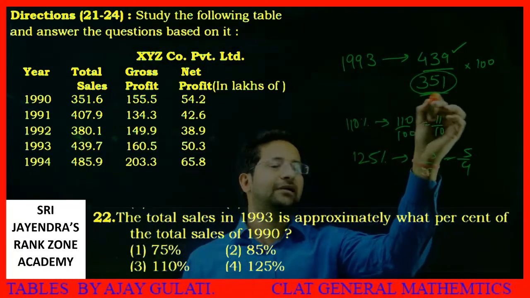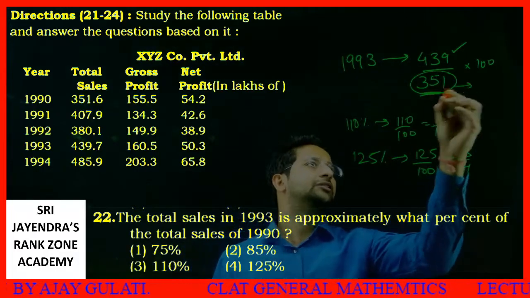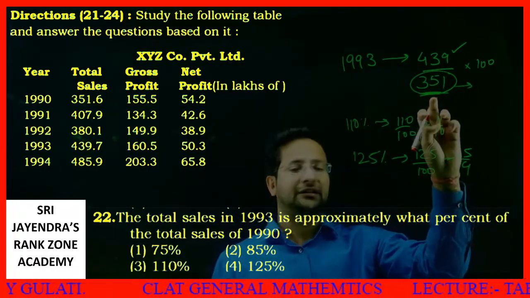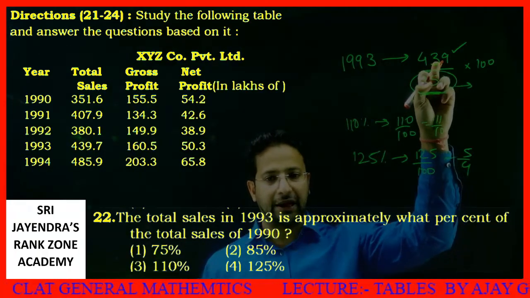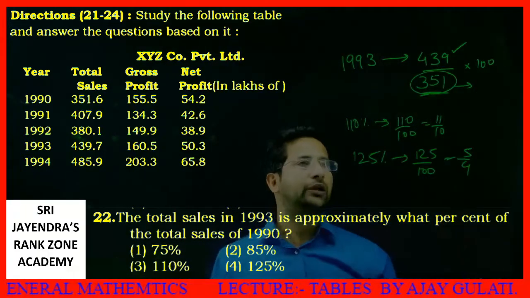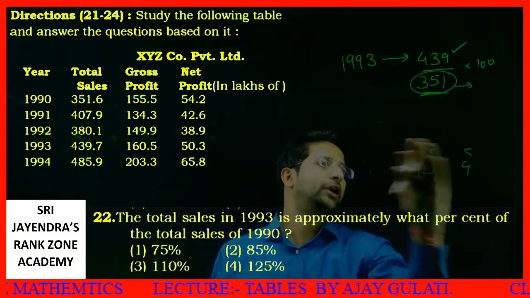If I divide this by 5, this will be 82 point something, let's say near about 90. If you add 90 to it, you will get 440. Getting it? So without calculating, this is your answer. Still, if you want, I can calculate in front of you.